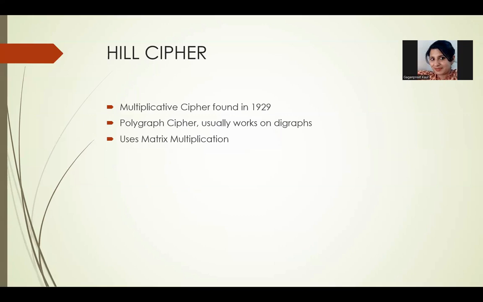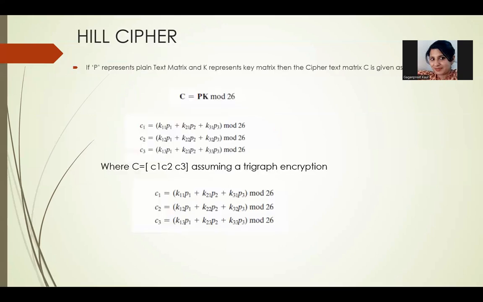Now this grouping is irrespective of the length of the message which we need to encode. It is just how we proceed with the encoding or the encryption at a time, how we treat the individual elements. So either it works as digraphs or trigraphs. Beyond trigraphs, it will become a little cumbersome because of the matrix multiplication. Let's first see what the Hill cipher is so that we understand it better.